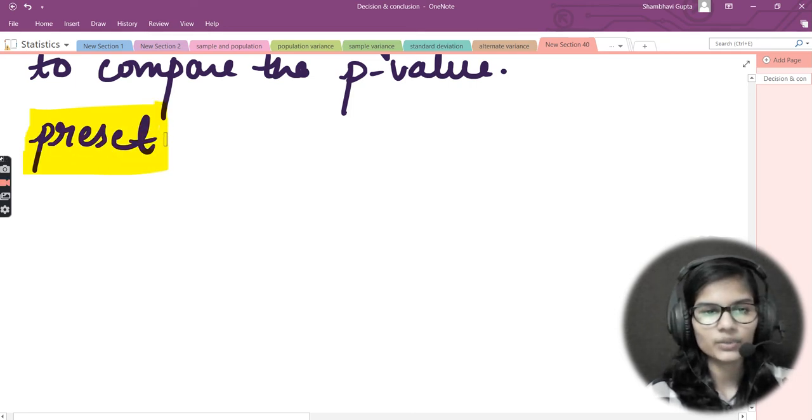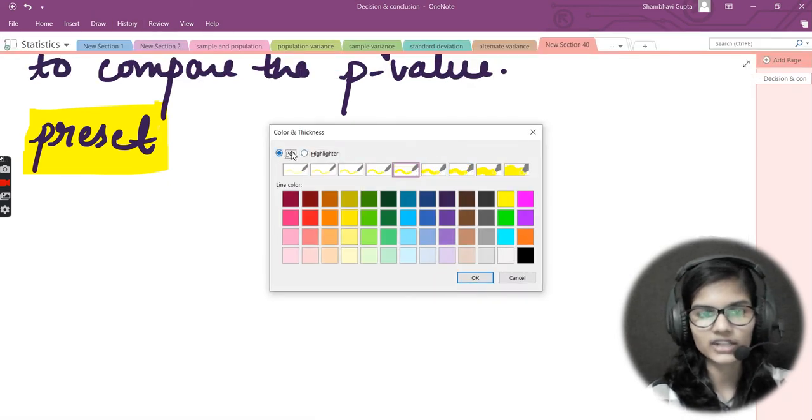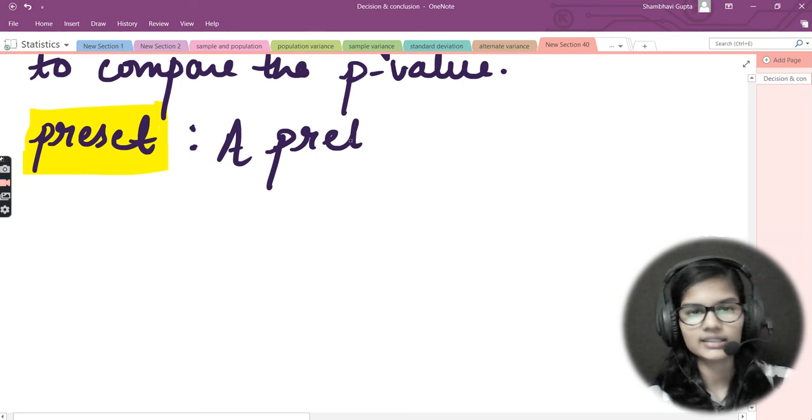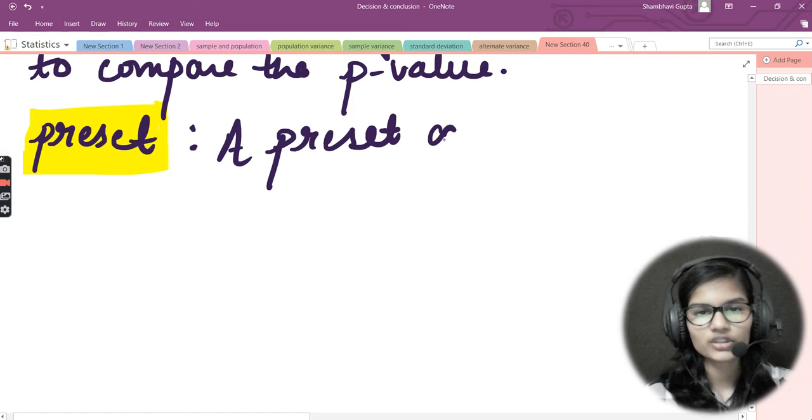Right, now this is one term which comes here, that is preset. Now after this I would be explaining to you what this preset actually means here. So preset, what is it actually? I would just write here a preset, P-R-E, preset. We just denote it by alpha. So a preset alpha is